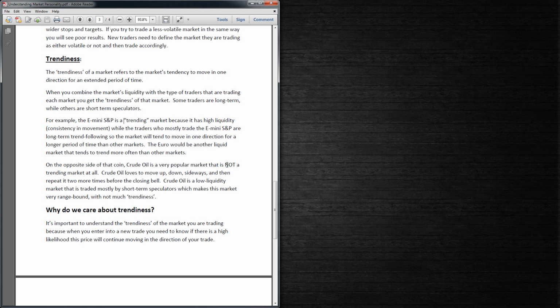Those are the three big things you want to consider before you start choosing which market you want to trade, because that's going to help you pinpoint the type of trading you need to do on that market. What's the most optimal use of an ATM strategy or an entry trigger? All of these things can be derived from those three primary points. So that's the market